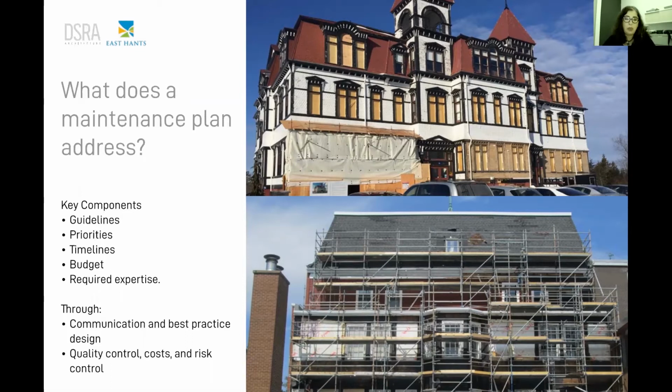And when we do a plan, the budget needs to identify the mobilization, identify contingency, identify everything that needs to be in that specific intervention. It can be a painting or changing the windows or whatever. Another thing that we need to understand is the required expertise, if required. Depending on the intervention, it may be handled by the property owner or the maintenance project manager,